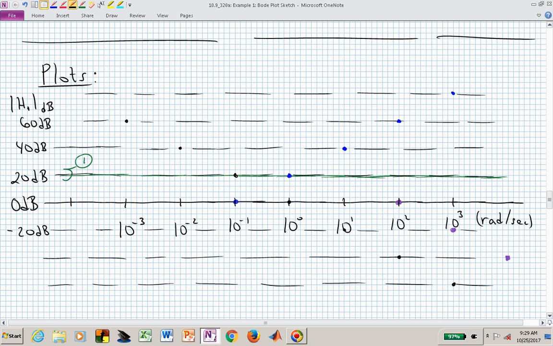The second piece in this sketch is our pole at the origin, and I've already given myself some hints as to some ways of sketching this. I know that that goes through 0 dB at 1. It then goes down 20 dB in a decade interval of frequency, and it goes down another 20 dB. And so at 100, we will be down at minus 40 dB. If we go all the way out to 1,000, that particular factor, just that pole at the origin, will be contributing minus 60 dB